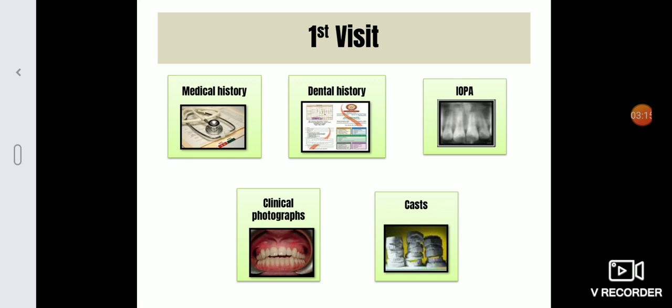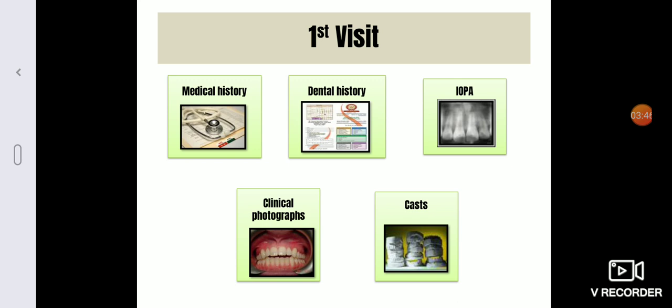Thereafter, we probe into the dental history of the patient, that includes the past as well as the current dental history regarding any dental problems, whether he has visited in the past or currently he is undergoing any dental treatment for any of his dental problems, and the course of the treatment, how the treatment has been going on and what were the outcomes of the treatment.